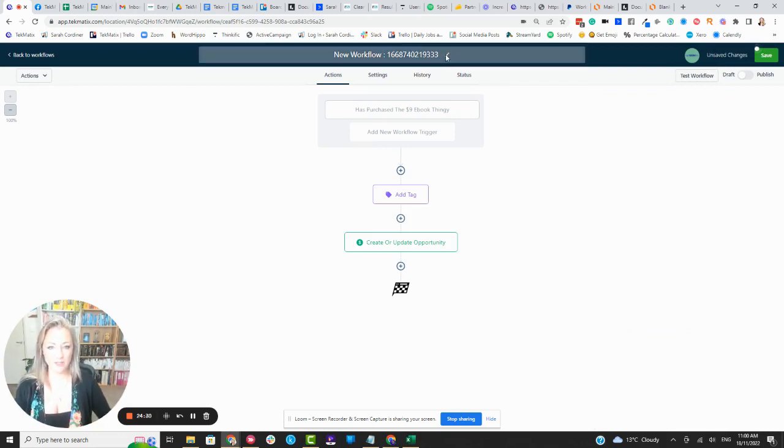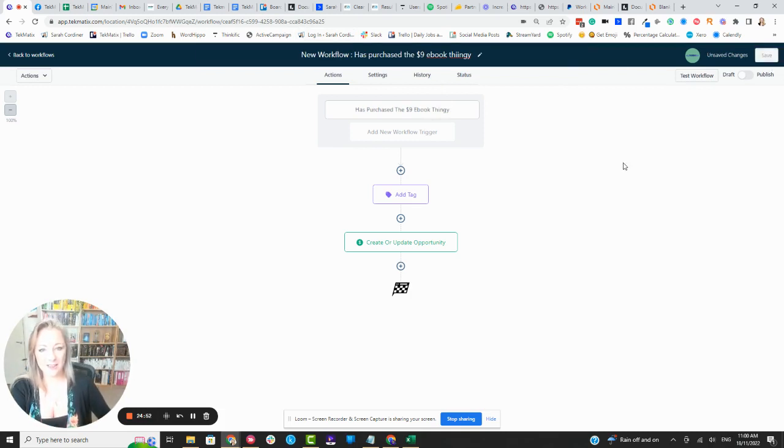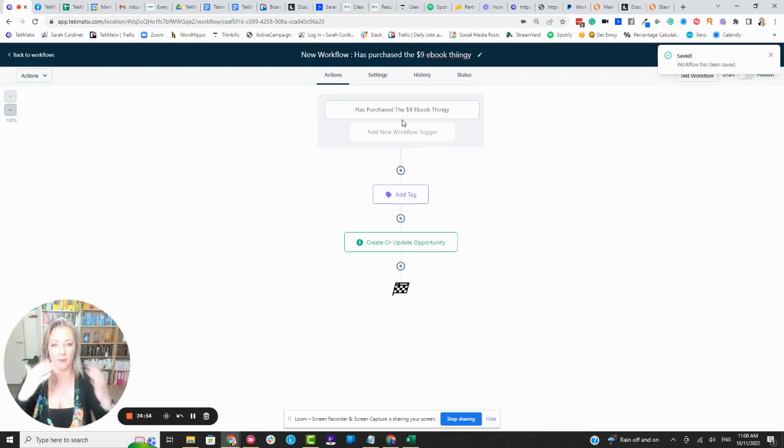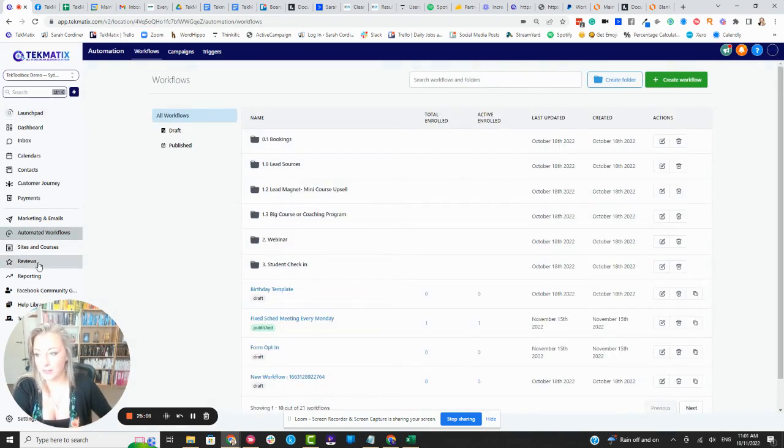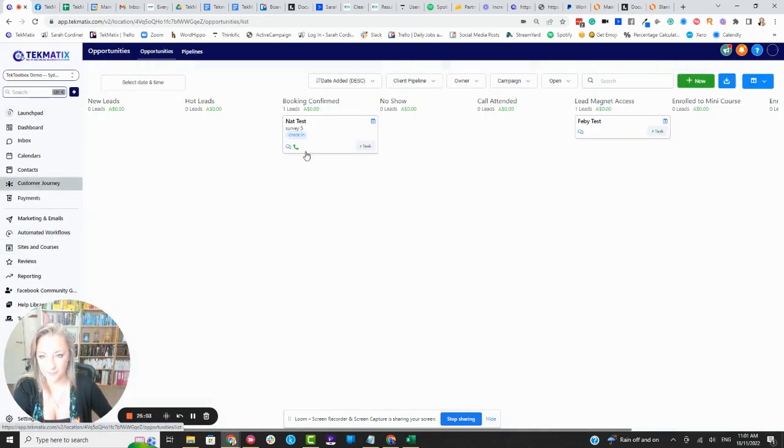By the way, little tip, make sure that you change your workflow names. You really want your workflows named in here. So this one's going to be called "How to Purchase the $9 ebook." Okay, so that way you always have really good organized management of your administration. So we're going to press save over here. And of course, we then just go through and repeat that process for all of the products we had in that pipeline. So what that will basically do now is if I go back to our customer journey over here,